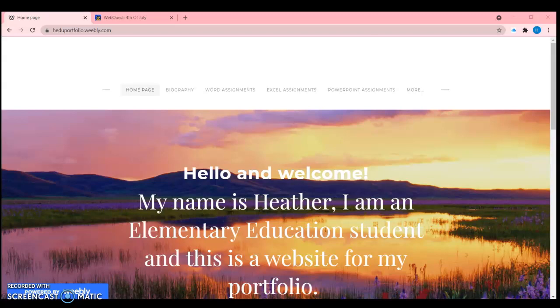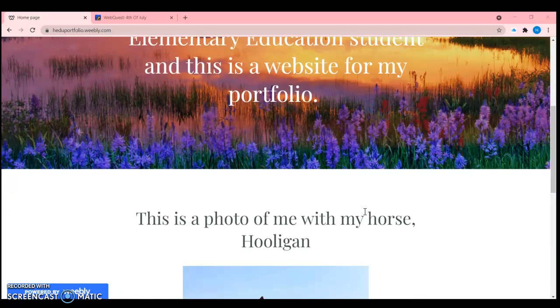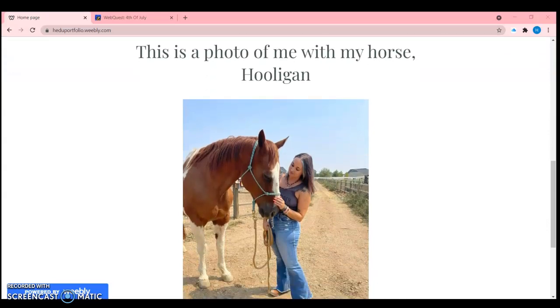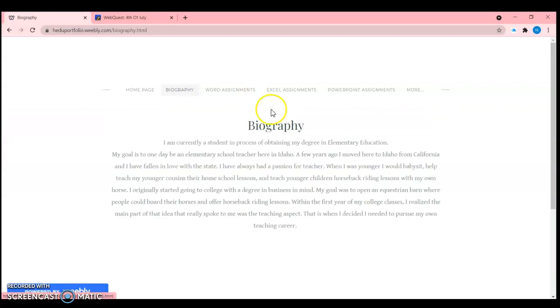and my Webquest. This is my home page on my Weebly page. It gives a little introduction, and this is a picture of me with my horse, Hooligan. Next, I have my biography page, which gives a little insight of my biography from when I was younger till